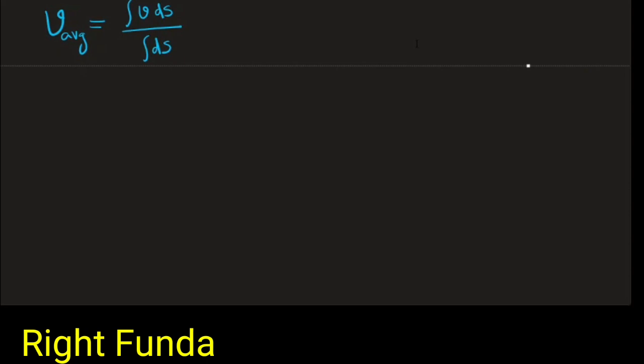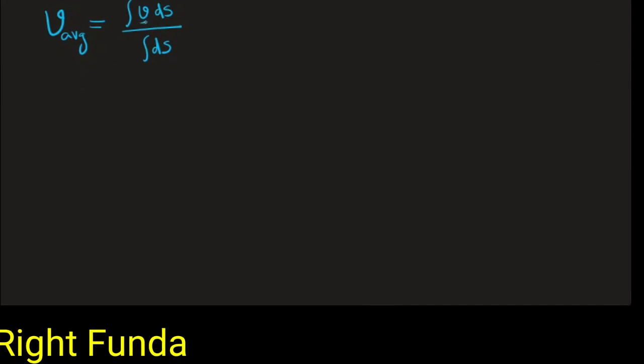So again, what you have to do is put v as a function of s to be able to carry out the integration, or s as a function of v, or both maybe in terms of t also. You can substitute v as a function of time and s as a function of time, then also you can carry out this integration. Let's put v as a function of s.